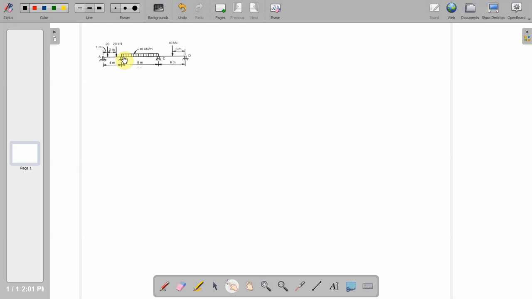Therefore, each of these beams is individually a simply supported beam. If we do that, then we will get a difference in the two rotations at both the ends